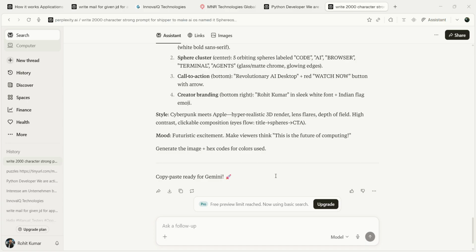Okay, so I've given Gemini my full prompt, with a color palette. Creating my image. Oh, creating my image for the thumbnail.